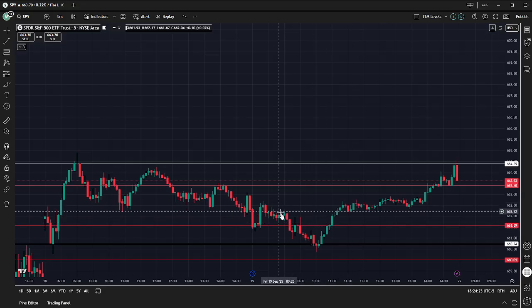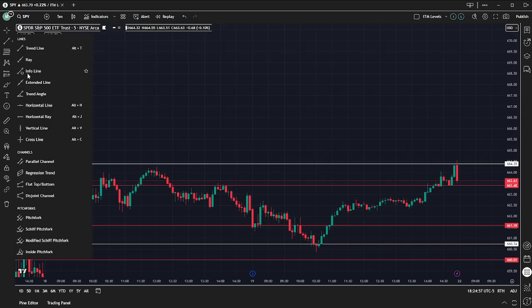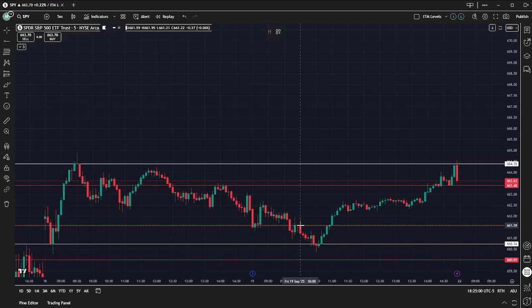So the first thing I was looking at right here is we held the demand zone. I already had a previous support that I was looking at, and right here it held. When I started drawing up charts and sending them to you guys, I had originally drawn up this level right here, 664.59. If we break above 661.59, it starts invalidating the FVG. So if it breaks above 661.59, I'm looking for the next price target to be the top of the next staircase, which in this case is,